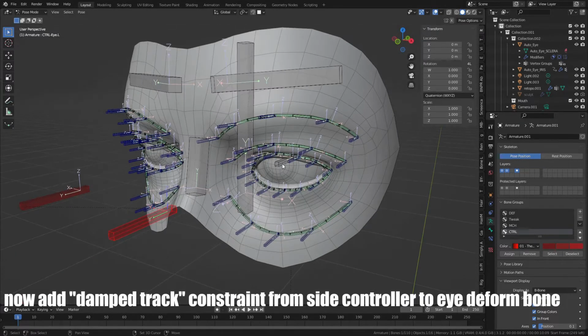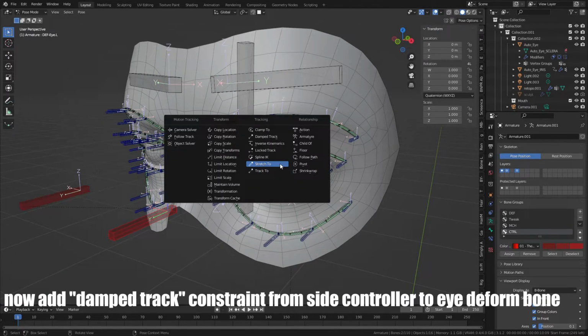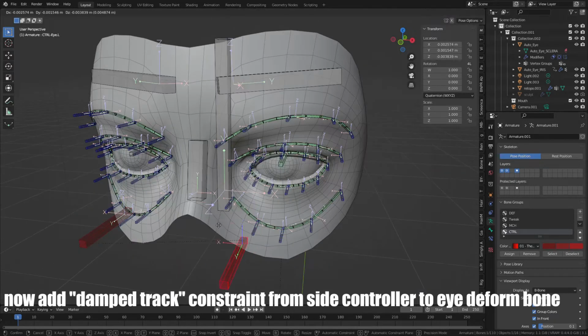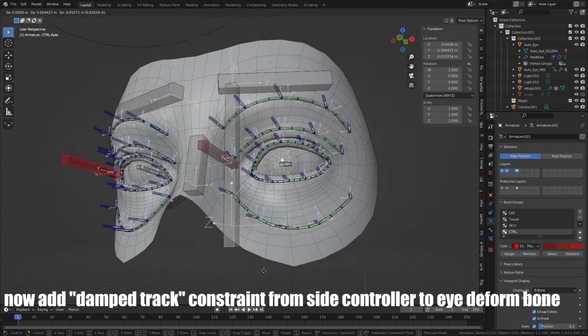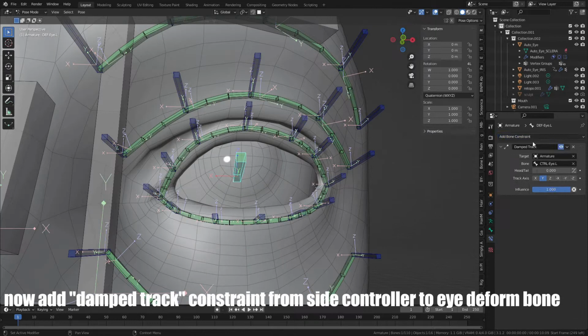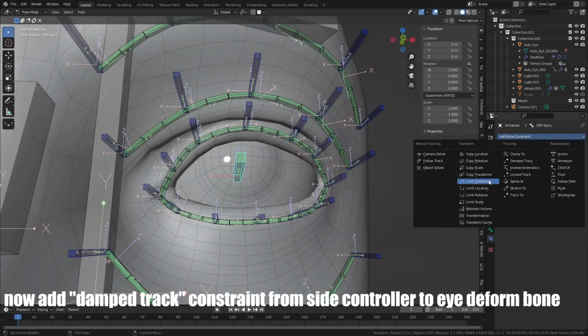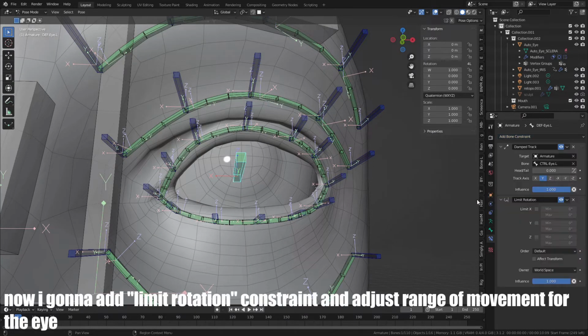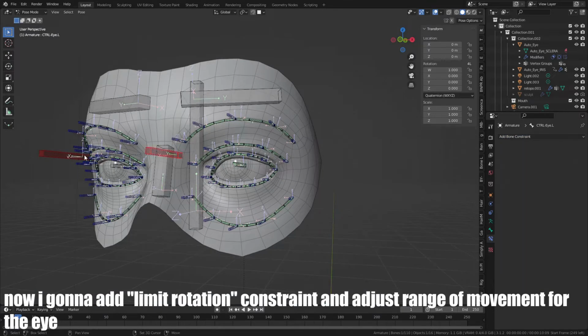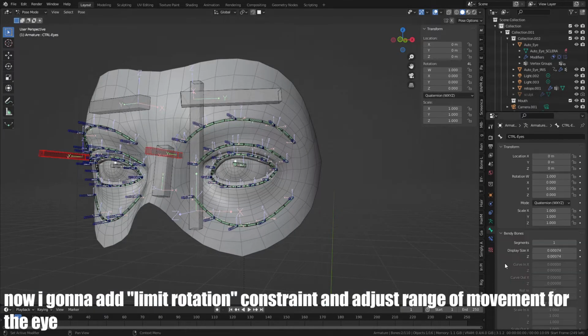Now add dampen track constraint from side controller to eye deform bone. Now I'm gonna add limit rotation constraint and adjust range of movement for the eye.